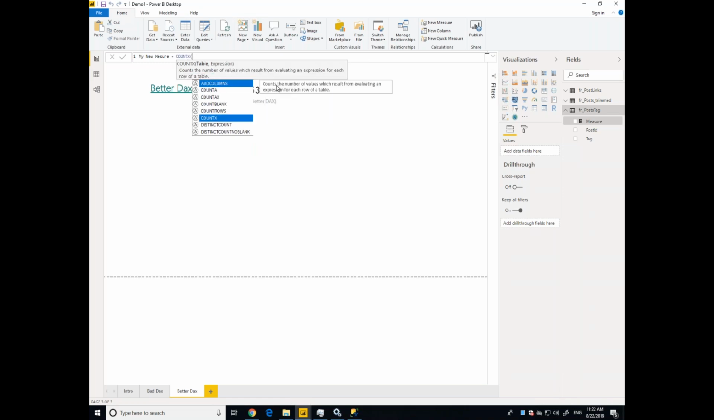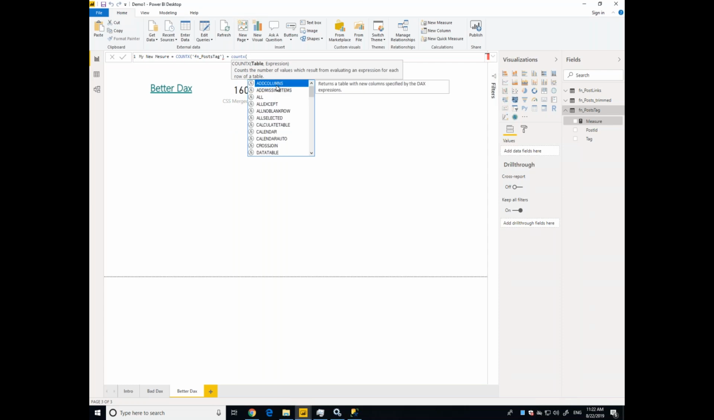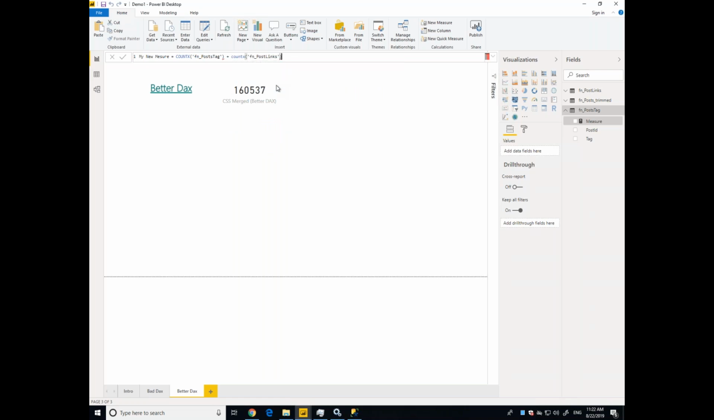x of fn tag plus the count x of something else. Let's see here, fn post links or something else. If I do a query like this one, the string is missing the column referencing there, but in any case, I'm doing a query like this and I'm counting